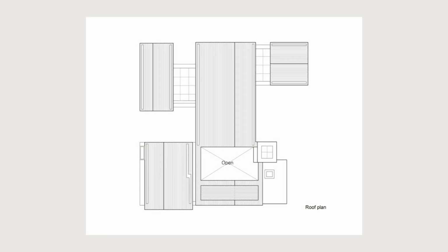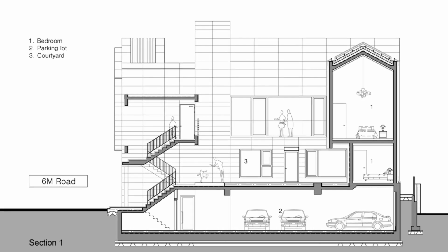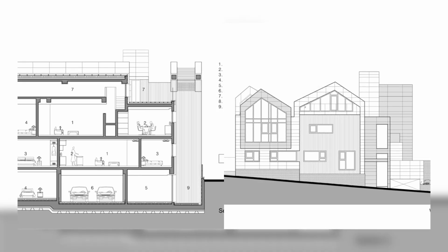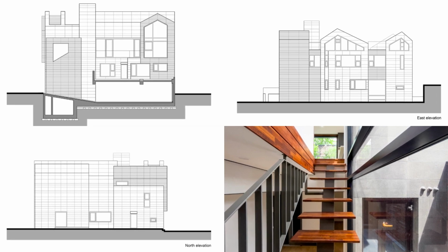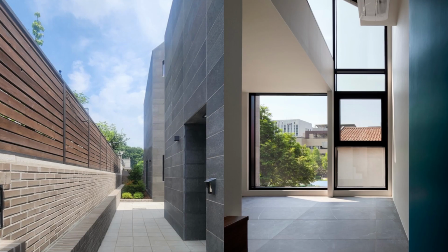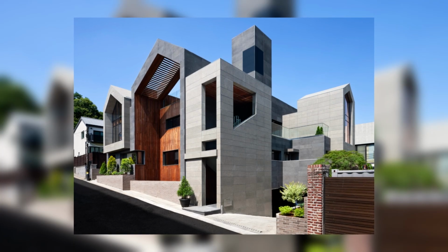For the client living in a high-rise apartment with a panoramic view overlooking the city, the most important thing was a sense of openness and privacy. He loved music and wanted a small space where he could enjoy it. His wife enjoys little parties with acquaintances, and dreams of a rooftop space with a deluxe kitchen that can support